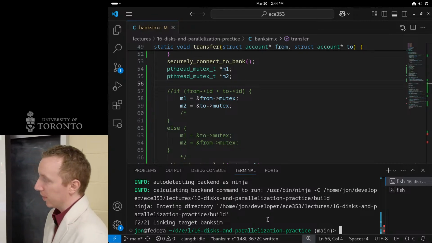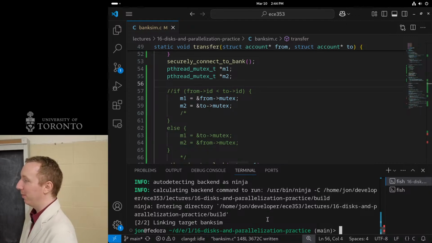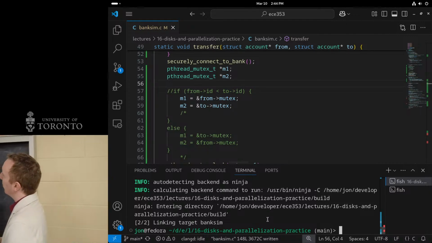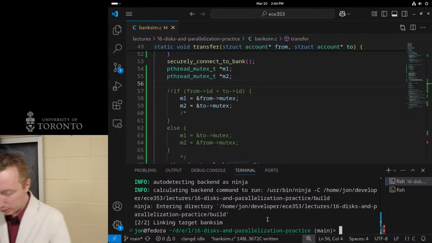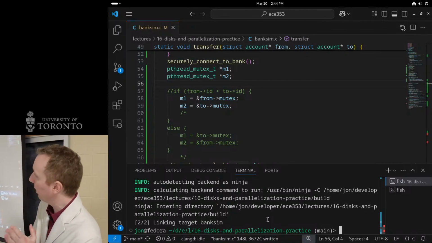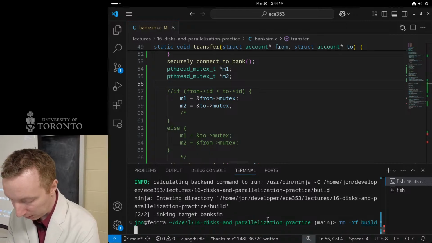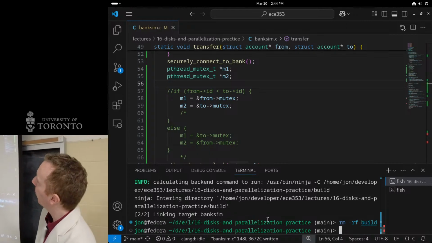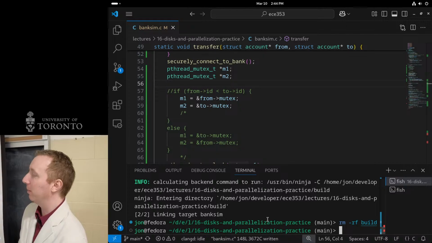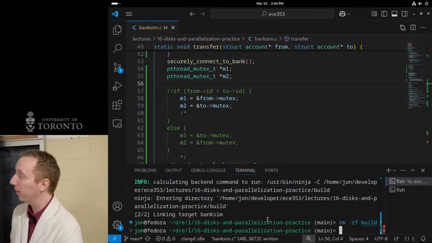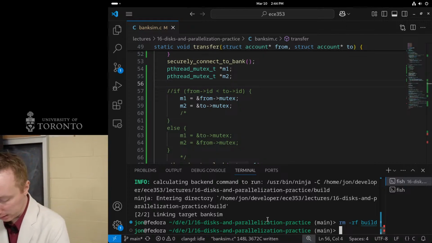So Valgrind won't help me, right? Some of you probably use Valgrind. So it won't help you here. But there's a cool suite of tools called the sanitizer tools. So there is a tool called a thread sanitizer, which will add a whole bunch of runtime checks to your program to check if there is a data race or if there is a deadlock condition.